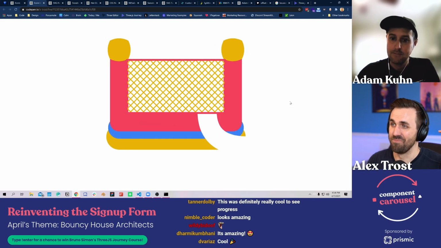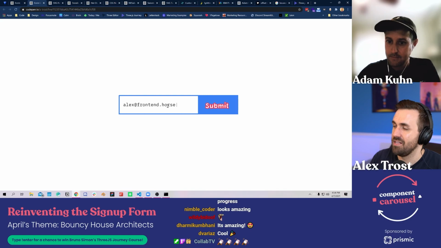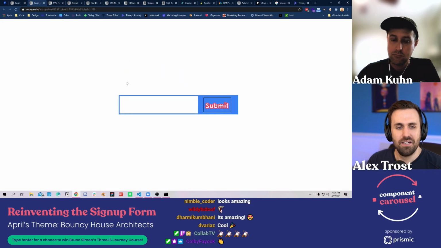Oh, so cool. So cool. Yeah, so those are the markers at the top. Alex, I'll do it one more time. These little yellow things at the end are the markers that Adam defined. Oh, and you got a little red thing at the top. So good. Adam, phenomenal. Just so cool.